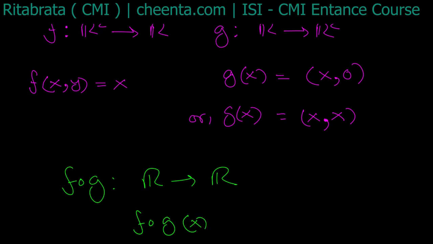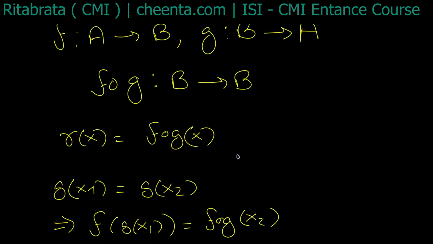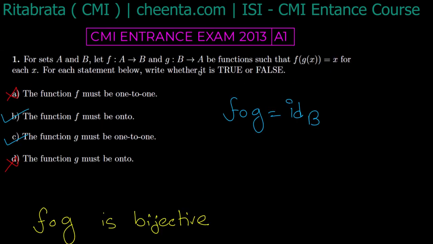f of g of x equals f of (x, 0), or f of (x, x), whatever, depending on how I define it. In either case, it is just x. So from here I get that f of g is just the identity function on R. So as I got, f of g is identity,